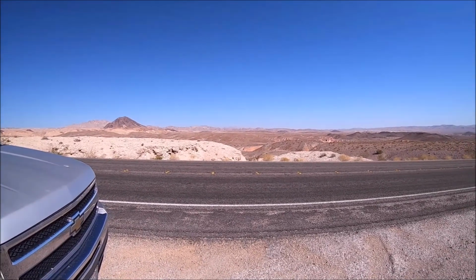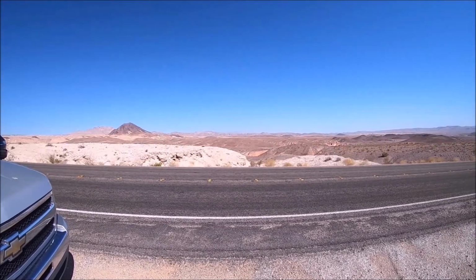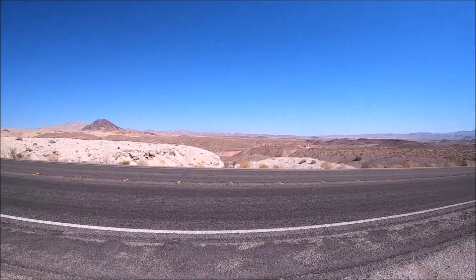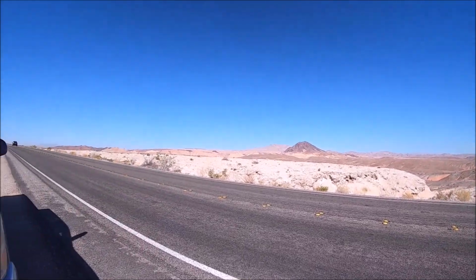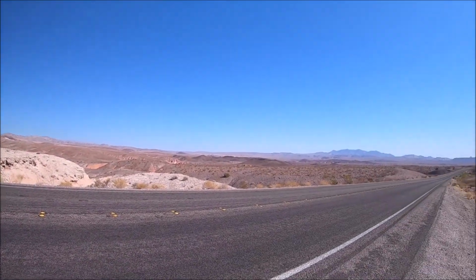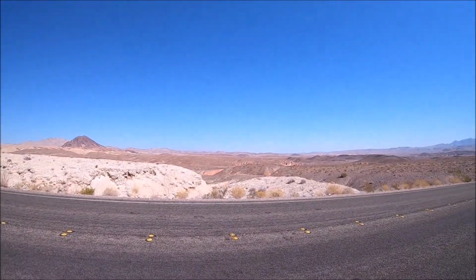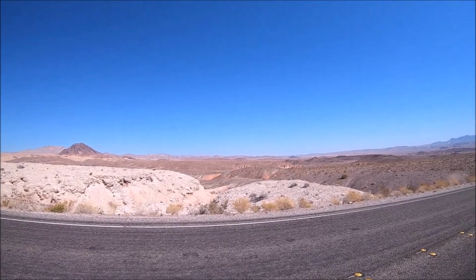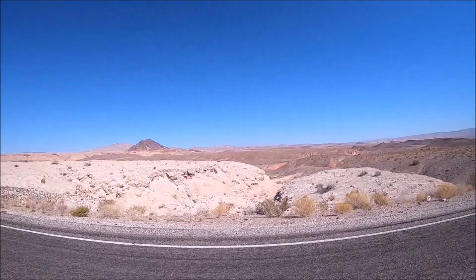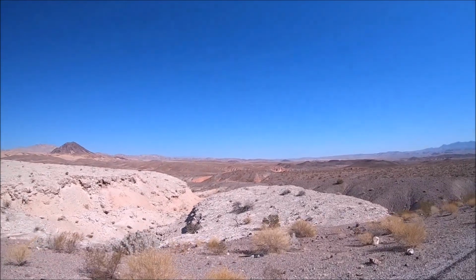Well, folks, today's April the 2nd, 2021, and this is Lakeshore Road in Lake Mead Recreation Area. It's about the 0.5 mile mark from the North Shore Road and Lakeshore Road intersection. But anyway, today I want to walk over and look at this white material